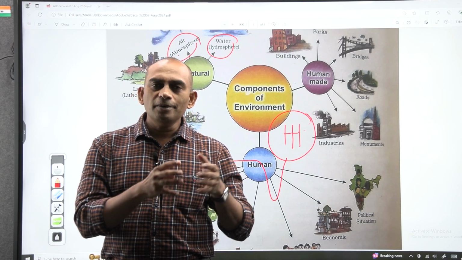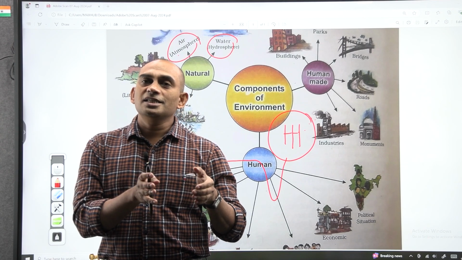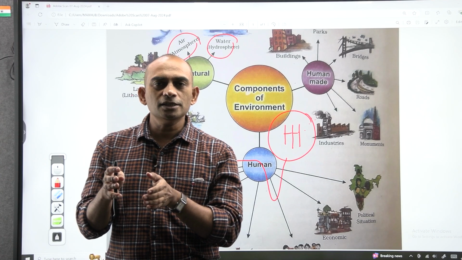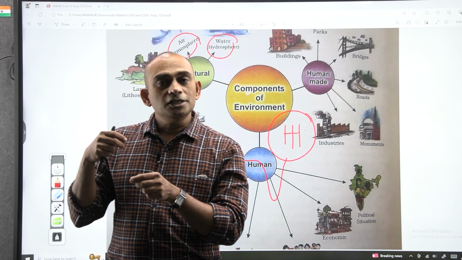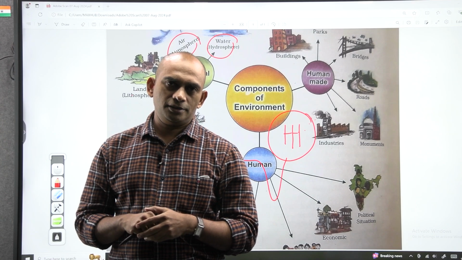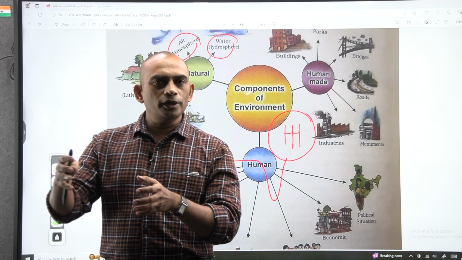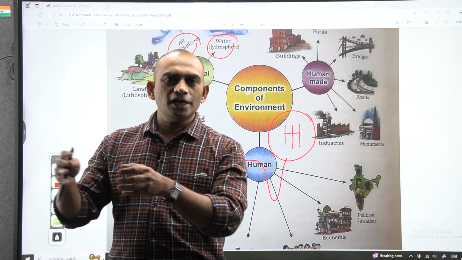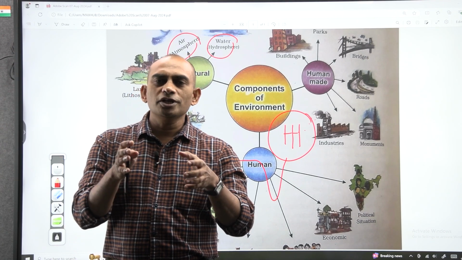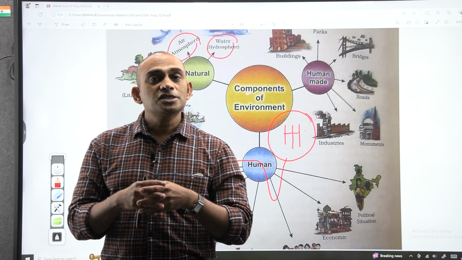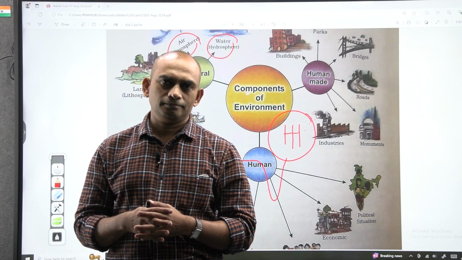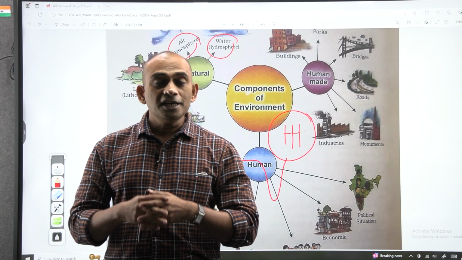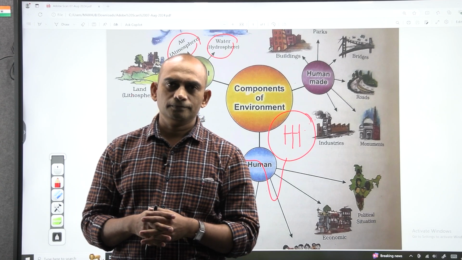If you look at the early man, he led a simple life, and he fulfilled his requirements by depending upon his immediate surroundings. As his needs were growing, he started finding new ways to change the environment. He started growing crops, he started domesticating animals, he even led a settled life, and he started producing surplus food, and he found